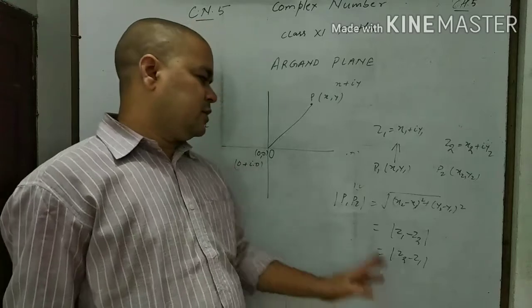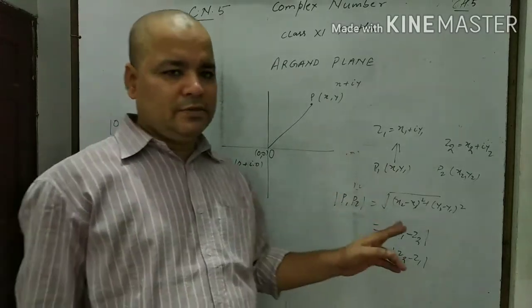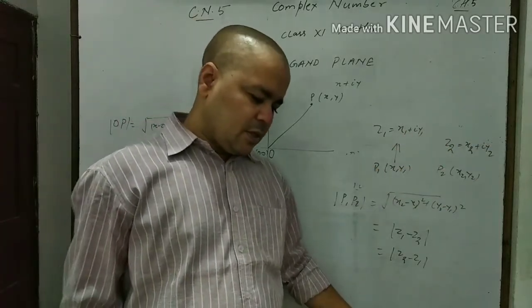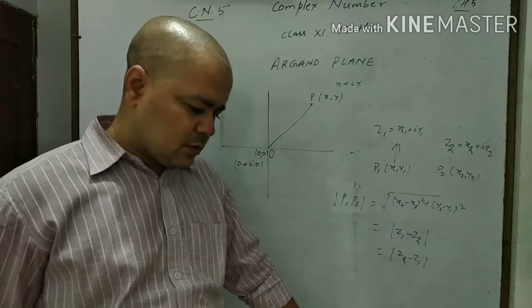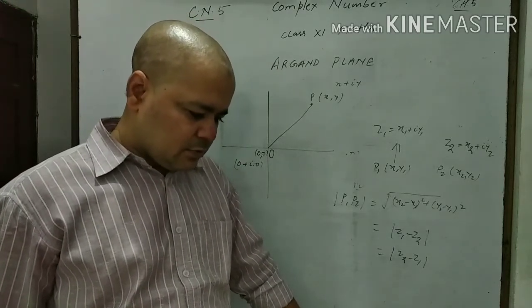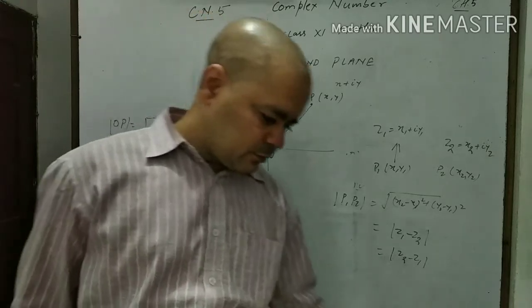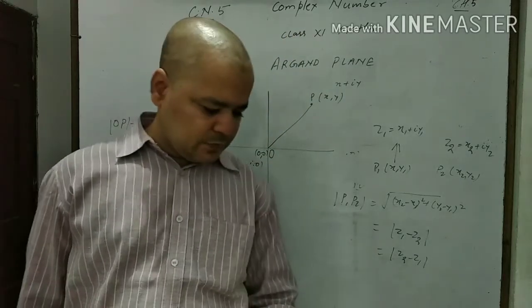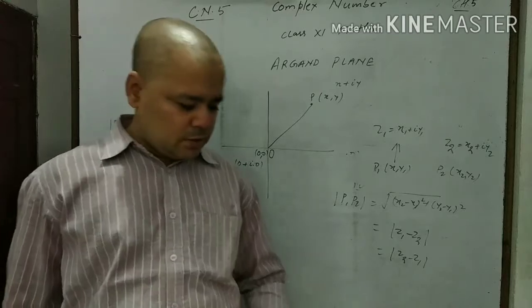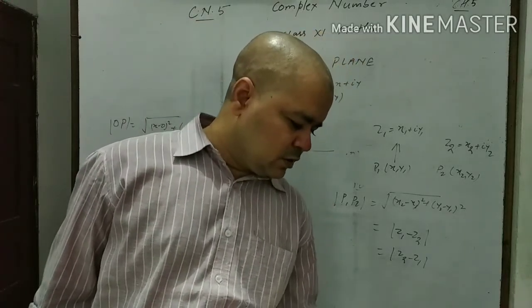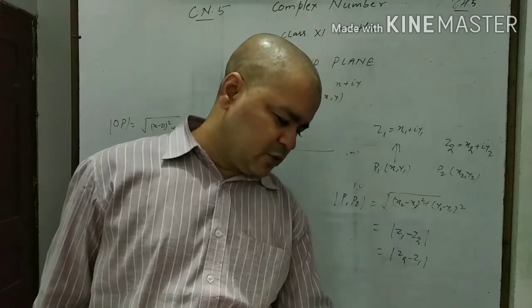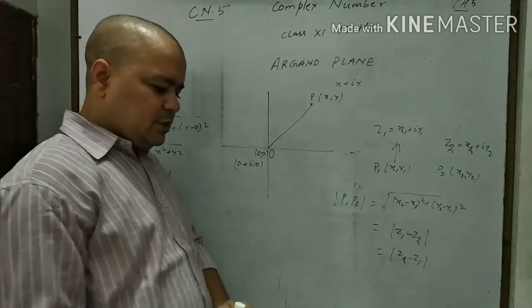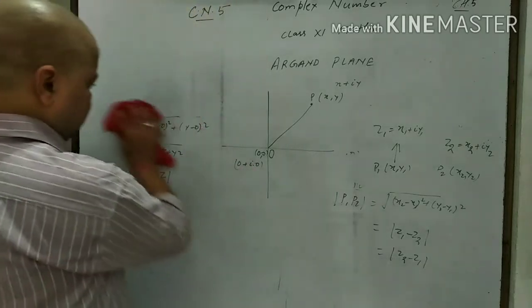Using the distance formula, we can find the distance between two points in the Argand plane, where each point represents a different complex number. Similarly, we can find the section formula. We can also find the midpoint formula, but we need not go that deep because exercise 5.2 is not in our syllabus. In our syllabus, the polar representation of the complex number is given, and let us see that now.